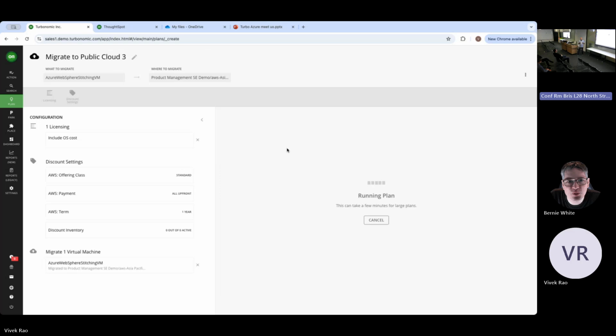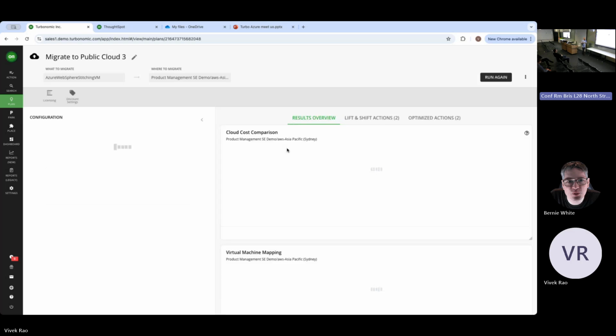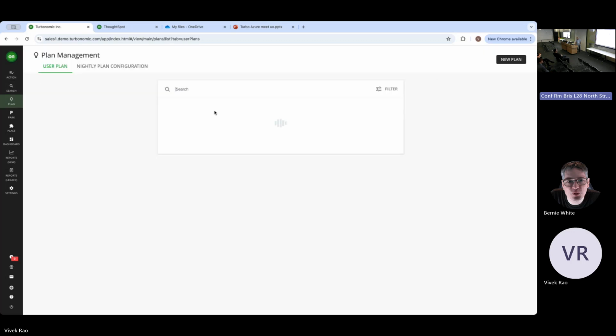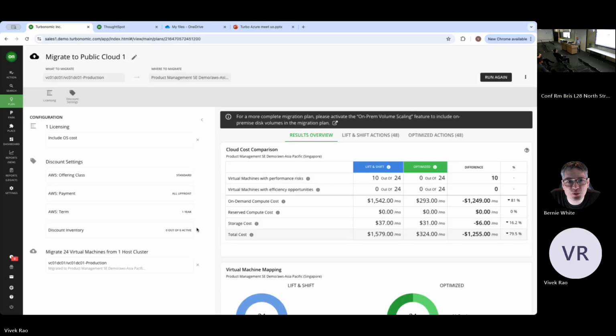It can calculate the number of resources that are going to be required if you're moving from on-prem workloads to maybe Azure, for example, and you can provide your discounted cost into it as well. So you can run your own plan. I'll say that I've got certain plans which are already running. In this case, it's going to show you the results of how much you're going to end up